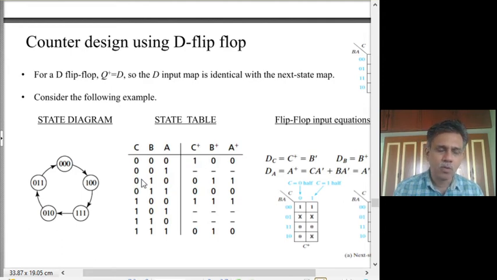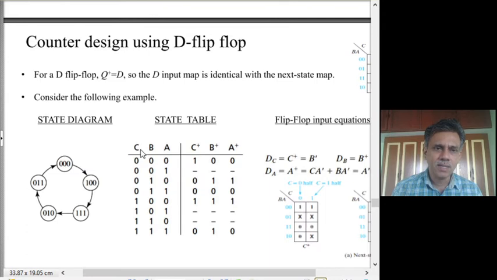Next, you have a row that corresponds to 0, 1, 0. There is a state 0, 1, 0 which leads to 0, 1, 1, so against this you put 0, 1, 1. Then for 0, 1, 1, that is 3, the next state is 1, 0, 0, so that is put here. Then for 1, 0, 0, the next state is 1, 1, 1, which is put here. The next two states are not present in this state graph, so for them you put dash, dash, dash. And from 7 you go to 0, 1, 0, so that also gets put here.